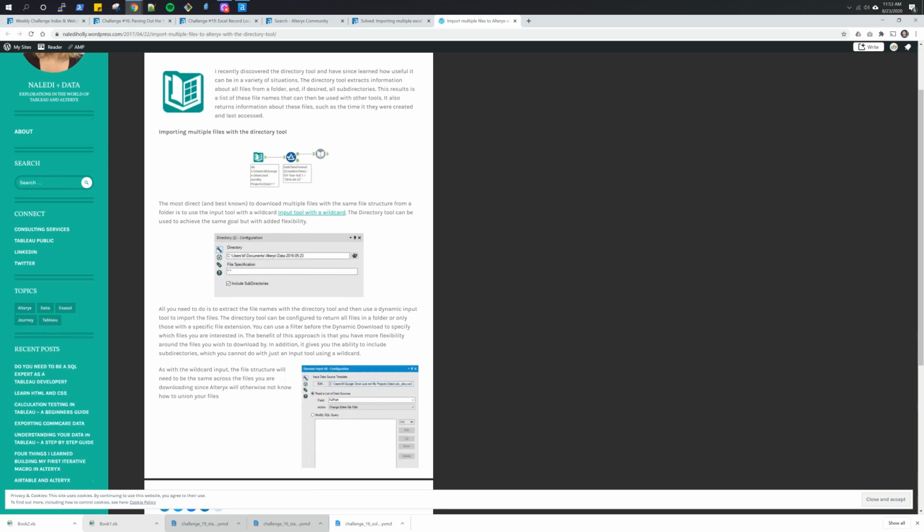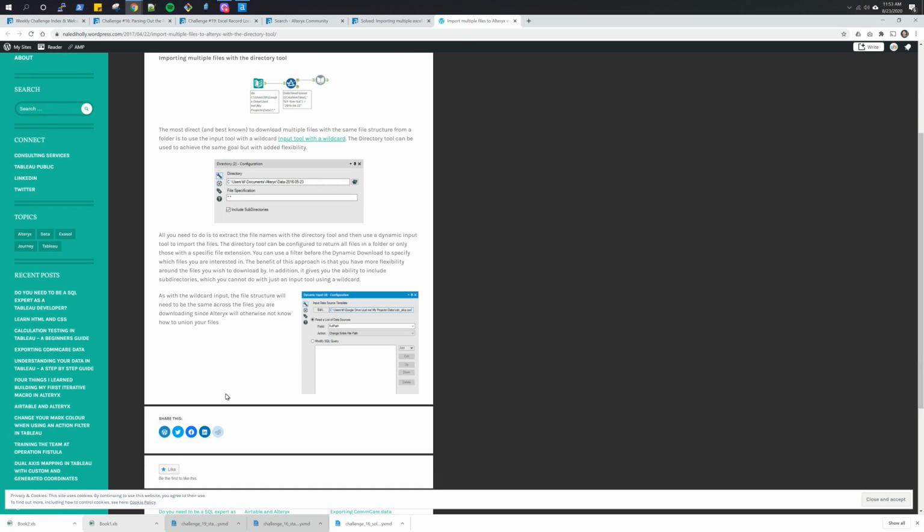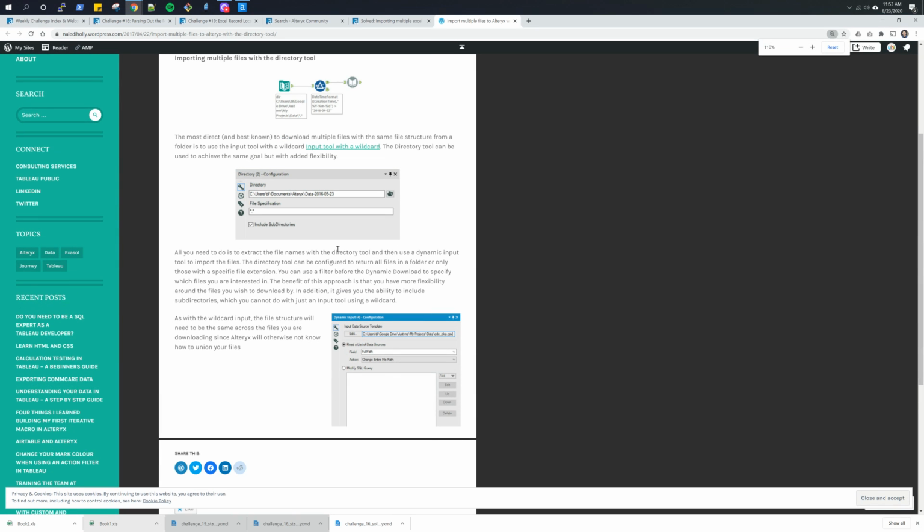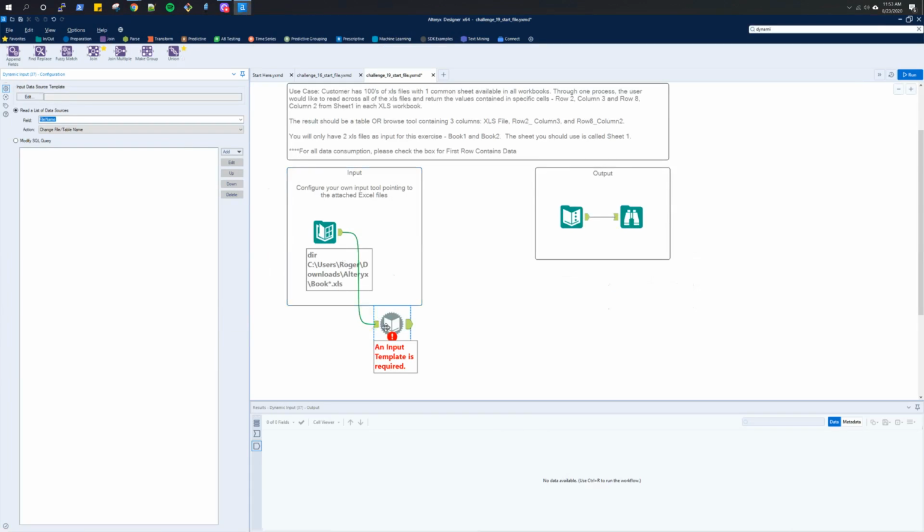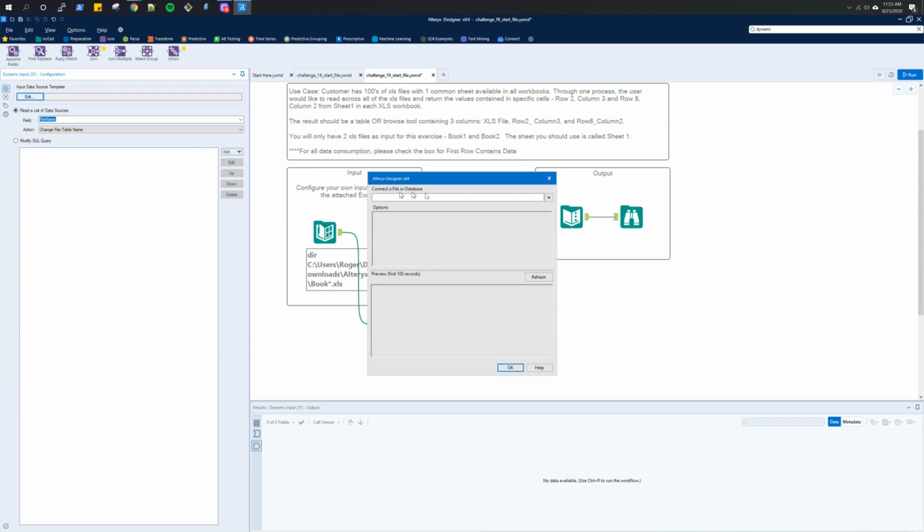All you need to do is extract the file names of the directory tool and then use dynamic input to import the files. So dynamic import as the wildcard input. So I have this. I think the source needs to be